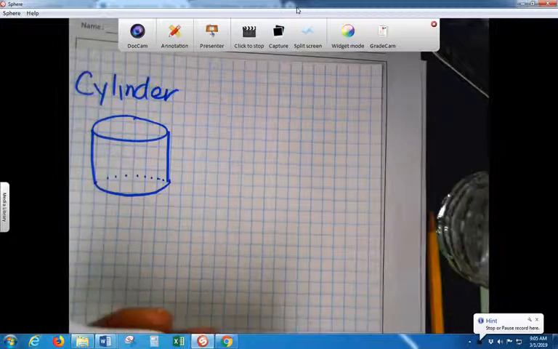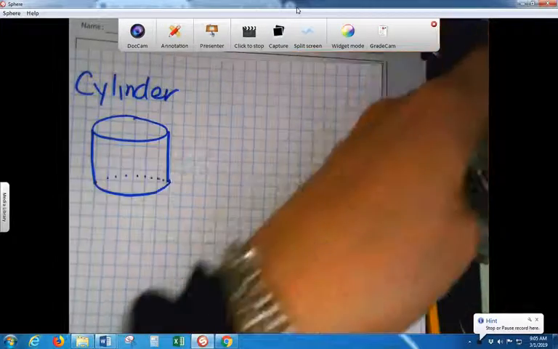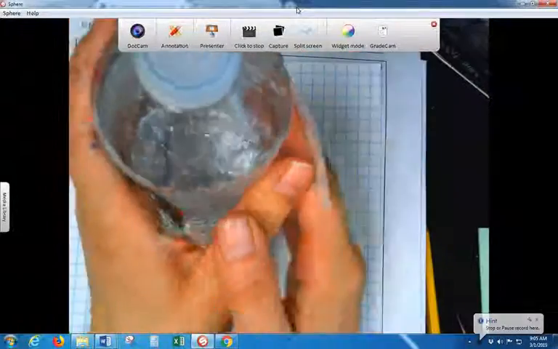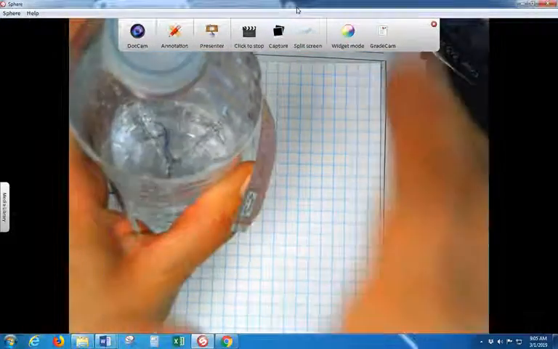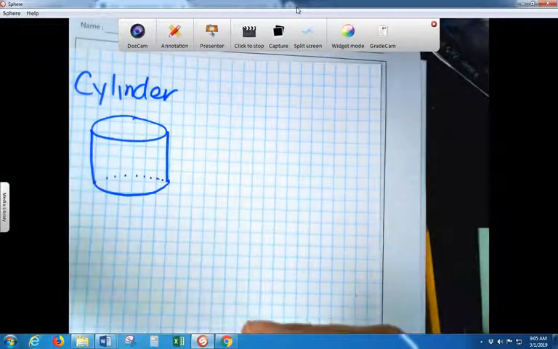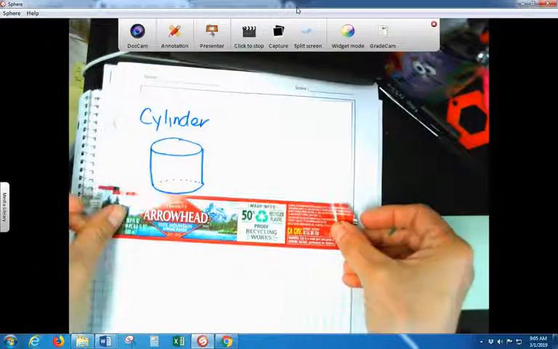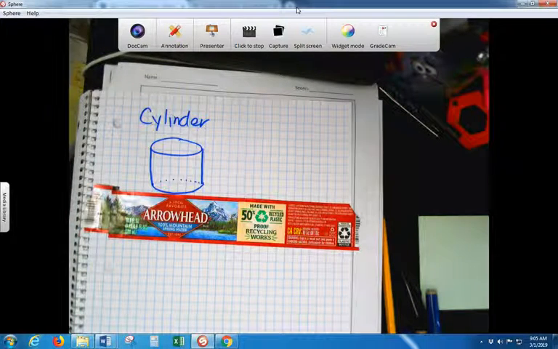Okay. So this round part of the water bottle illustrates basically this part of the cylinder. Any label of a can, right? The label goes all the way around. And when I take it apart, the shape that it creates is a rectangle. And they thought it was crazy. Okay. So, what are the three shapes that are involved in a cylinder? Circle, rectangle,